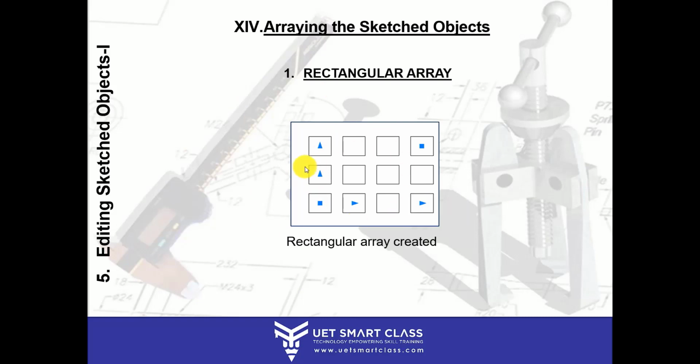Here you can see how a rectangular array is created. It has rows and columns. You can specify the number of columns and the number of rows. For example, if you want to make seating for a home multiplex or home theater, it will be done in just a few minutes, rather than placing one chair, taking a distance, placing another chair, and so on. Very time consuming. This will help you make those rows and columns.